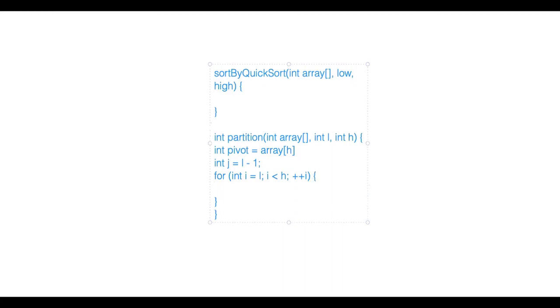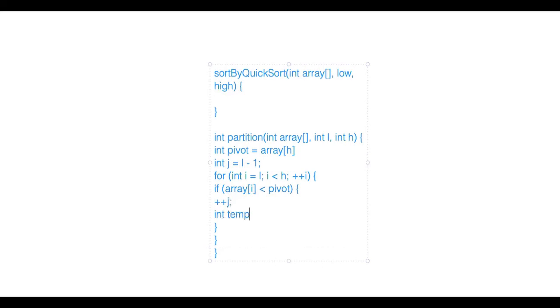We are cool here. And if array of i is less than pivot, then what will we do? We will do plus plus j. We will increase our marker.